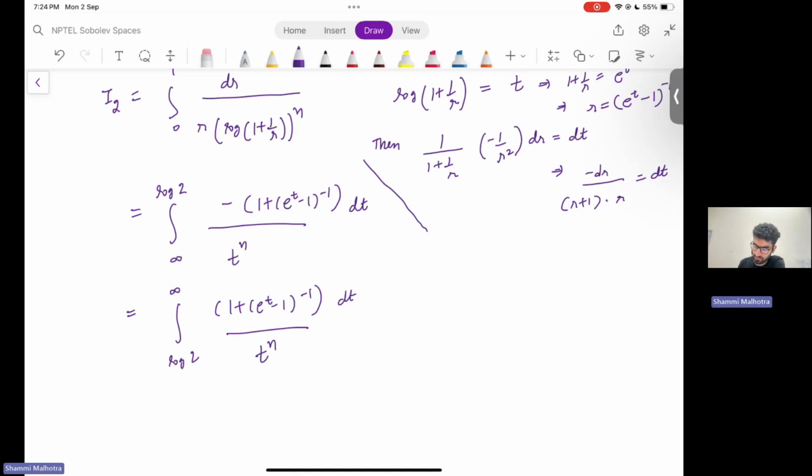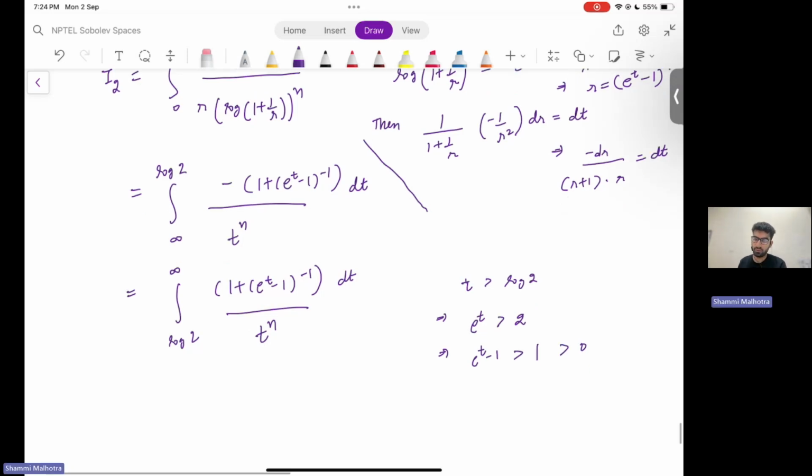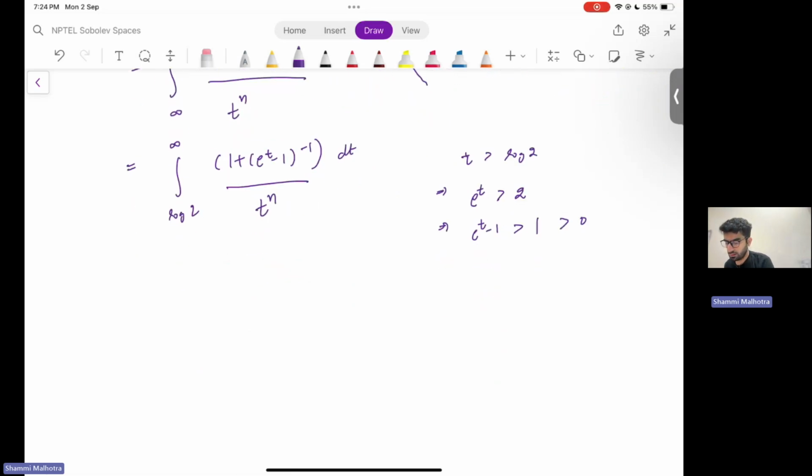we have this et minus 1 is actually non-negative here whenever I'm taking, since t is greater than log 2. But this implies that et has to be greater than 2, and this implies et minus 1 is greater than 1, so it is again strictly positive. So this numerator can be shown to be less than or equal to twice of log 2 raised to infinity dt by t raised to power n, which is finite since n is greater than 1. So this is finite, and since this is finite,